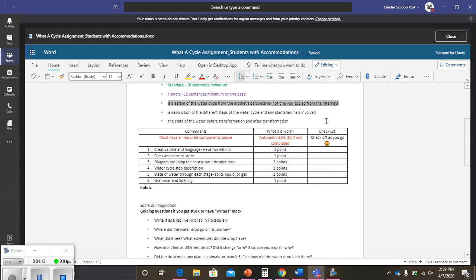Think of your story. Think about the story that you want to tell, and there's ways to get you started. A description of the different steps of the water cycle and plants and animals involved. For example, the story I just told you didn't involve any plants or animals, but let's just say I then want to say the water droplet, instead of condensating, the person grabbed the side of the cup, got me as a water droplet, the condensation, I was a droplet, and then touched their face, and I absorbed through their skin, and now I'm in their bloodstream or in their pores, and I went through this animal.